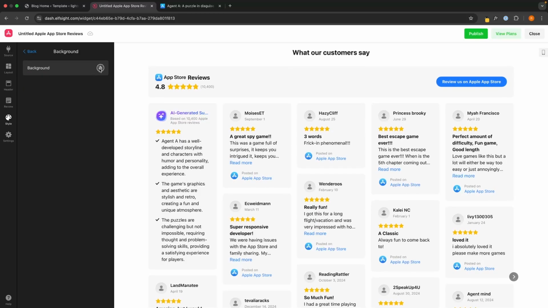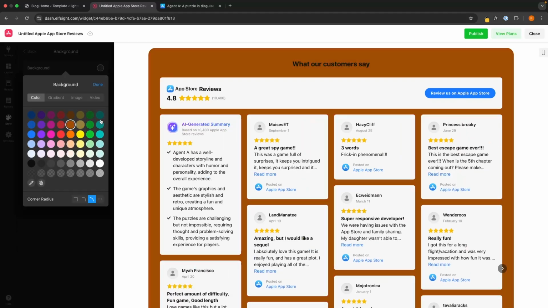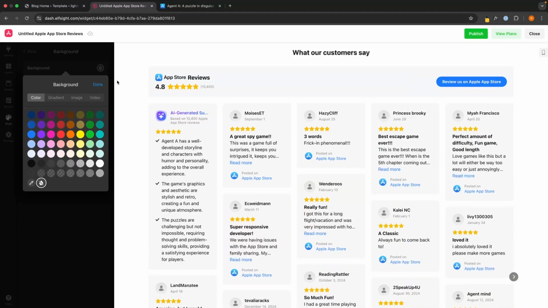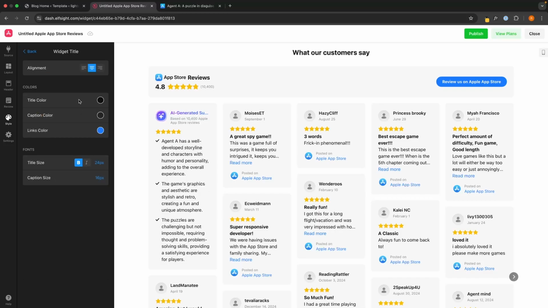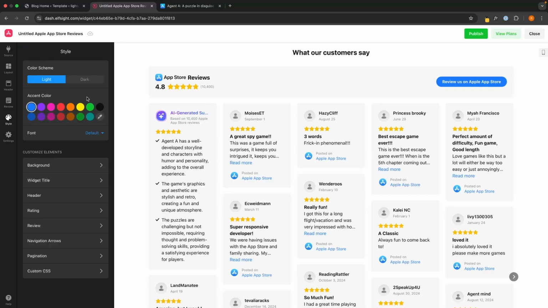And then down here, we can go in and we can play around with things like the background if you want a specific background color on this. And we can also play around with like the widget title colors, the fonts and things like this. So I would recommend going in and customizing these elements to make it look how you would like it to look. Once we have all of this created and our reviews are now set up, all we have to do